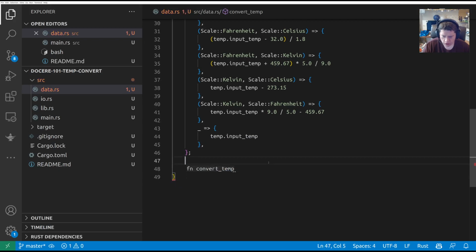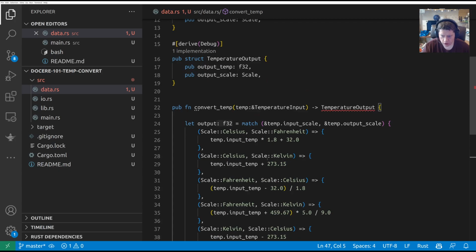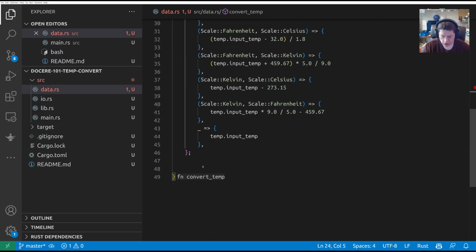And you know, I don't actually even need to set that to a variable. I can just put my match, get rid of my semicolon at the end, and the result of this